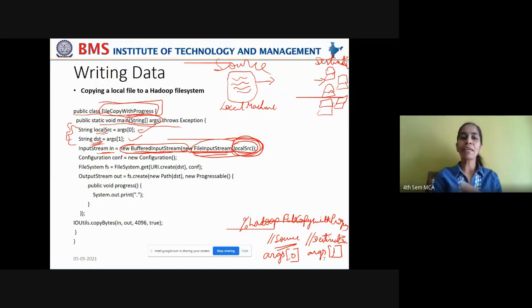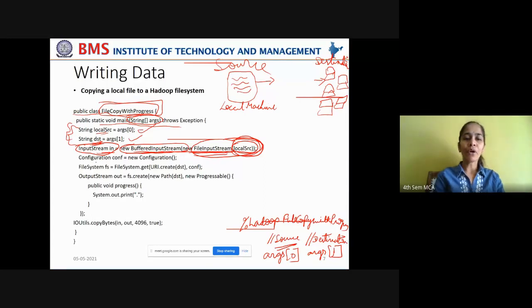Now, that object is connected to the input stream. Simple InputStream, not FileInputStream, remember. Because you are trying to first read into a BufferedInputStream. From there, you can read it as a normal input stream and write it onto a file on HDFS cluster. Okay, so you're connecting this FileInputStream to the BufferedInputStream and BufferedInputStream further to the InputStream.